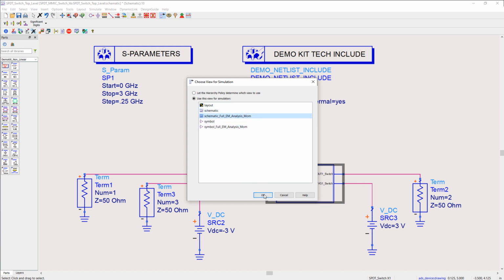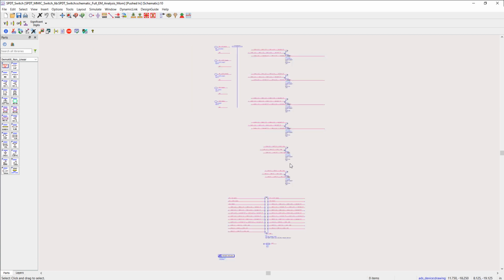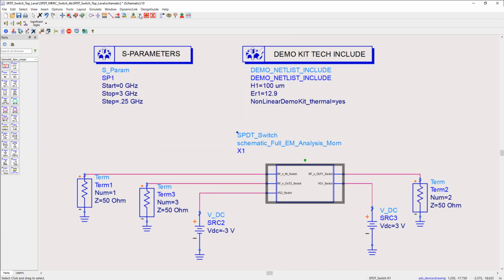If you push into the symbol now, you see the EM model as parameter blocks with all the FETs automatically connected to the right port without any errors. You see, there is no possibility of making any manual connection errors. All connections are done automatically by RF Pro.